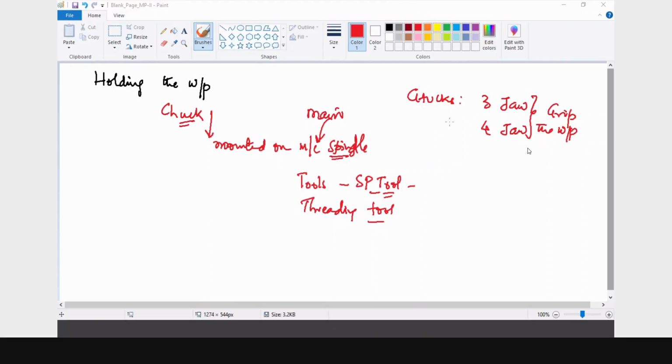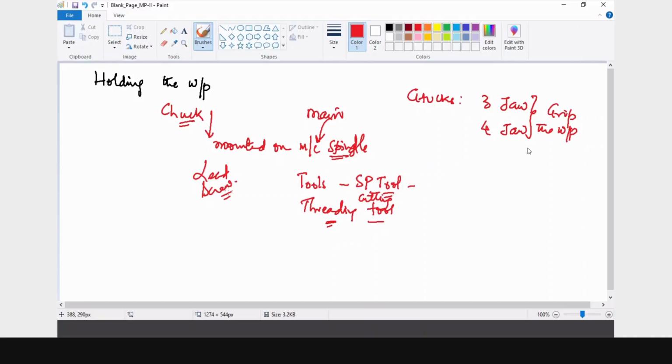Sivesh? No. The thread cutting tools are different, which we will see later. It is not that you are going to do it manually. There is a lead screw. We'll talk about the formulation now, how the threading tool is going to work actually. So I'll talk about what will be the pitch of the thread, how much should be the RPM. Those are the different calculations which we are going to see in the threading operation. So I'm just telling you what are the operations which are possible on the lathe machine.